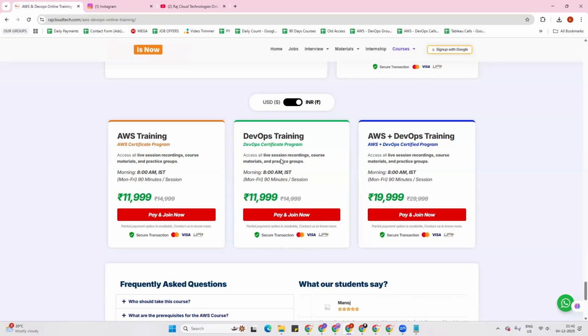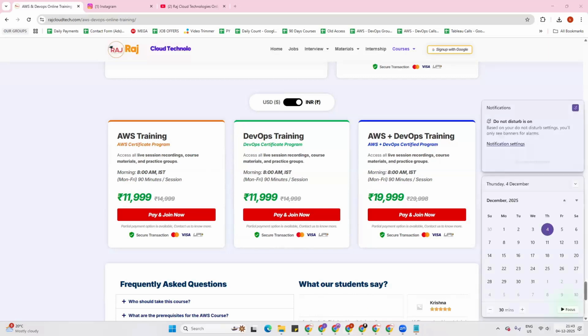See, now just let me know your requirement. You want to go with both AWS and DevOps, or only DevOps? Only DevOps, right? How I can help you here is, we recently completed this DevOps batch already. So how we can plan is, this month will be completely AWS classes. By this month end, on the 30th or 31st, we'll be starting the DevOps.